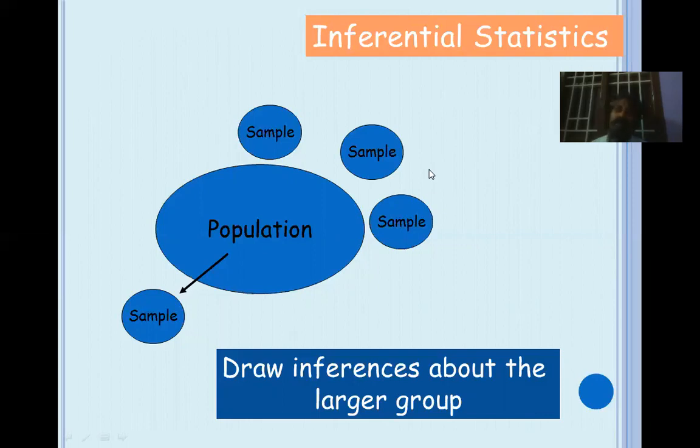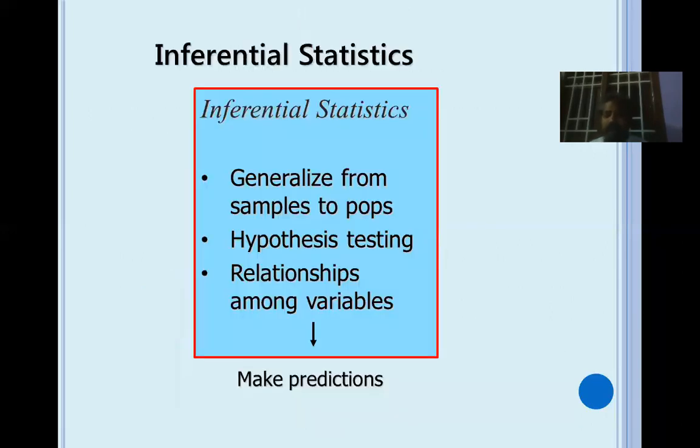Just like what your mother does, no? When your mother is very busy in cooking and wants to test whether the rice is cooked or not, she may not take the entire rice and pinch each and every grain to find out whether it is cooked. What she does, she just takes either one or two grains of rice and checks whether it is cooked or not. If it is cooked, she comes to understand that the entire bowl of rice is cooked and she switches off the stove. That is what we call inferential statistics. So what are we doing here? We are generalizing from samples to population.